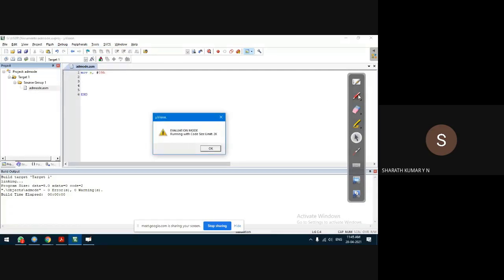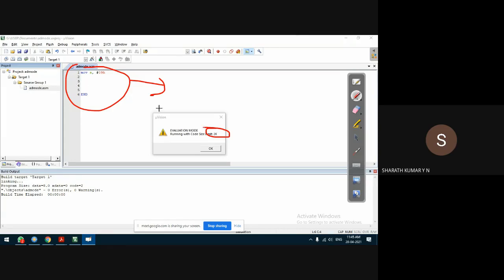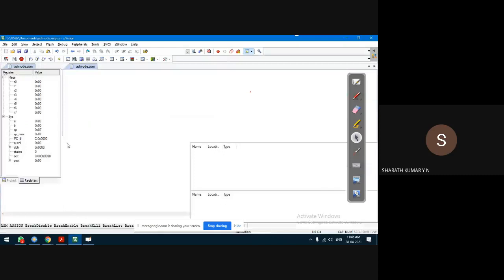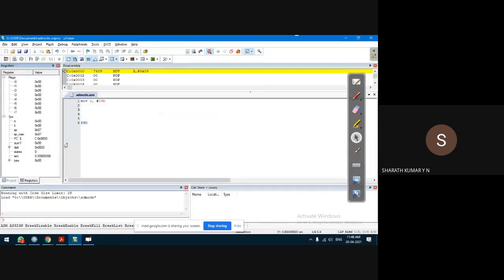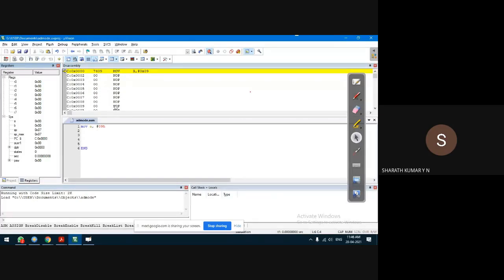That's okay. Because in this free version, the compiler we are using is a free version. There is a limitation that the maximum size of the source code should not exceed 2 kilobytes. But the source code we write does not exceed even a byte, forget about kilobytes. So you can comfortably use this trial version. Don't worry. At this stage you can press OK. Okay, fine. So this opens some other windows which need discussion, of course, but we'll do it whenever necessary.